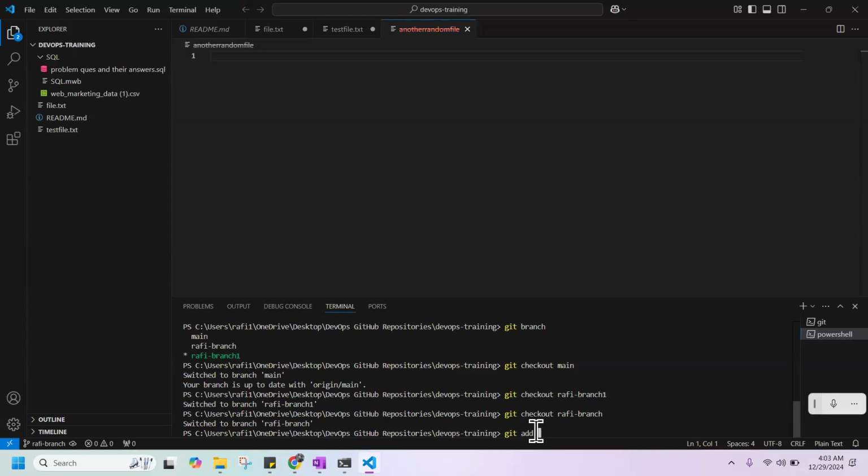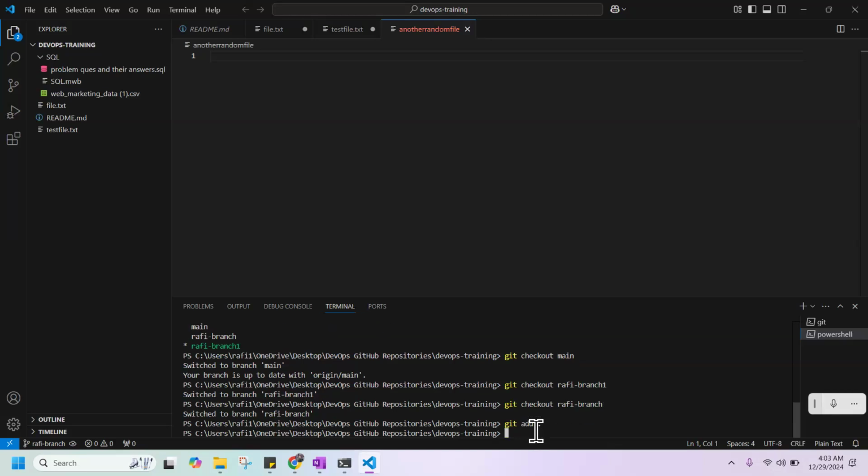whenever you want to push your local changes into the GitHub repository, you just need to run these three commands: git add dot, and after that git commit minus m, and write some particular message.